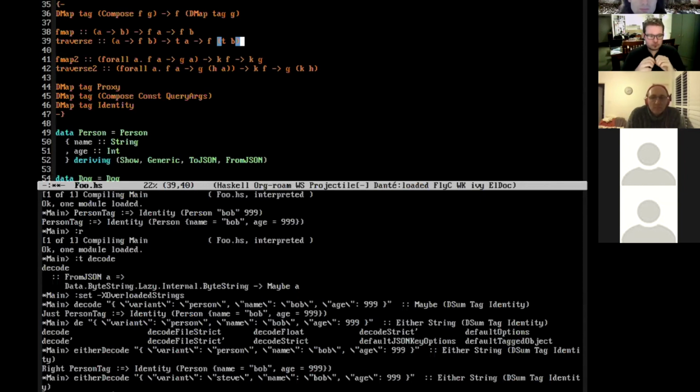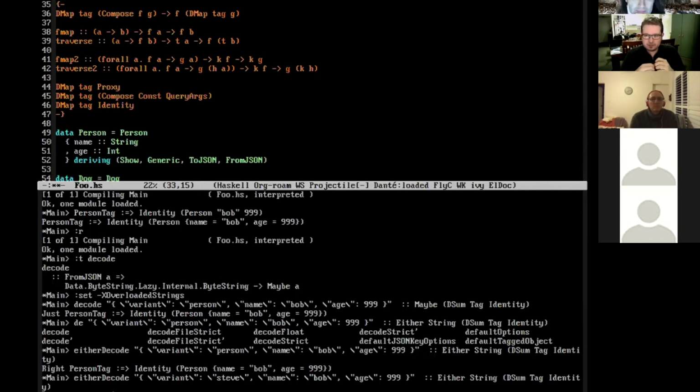Hey, Jack, coming to your DMap stuff there, I'm just trying to get my head around it. Is a DMap tag F a structure that for every value of type tag, you can get back out something of type F A?